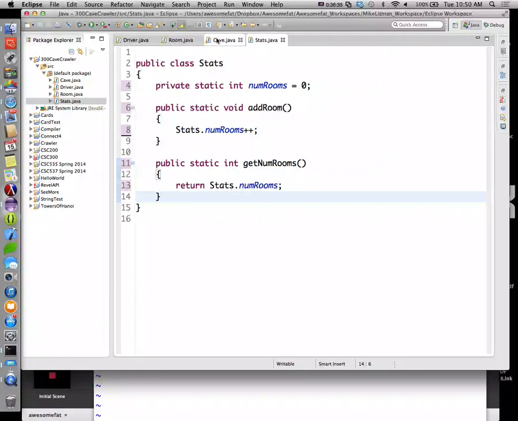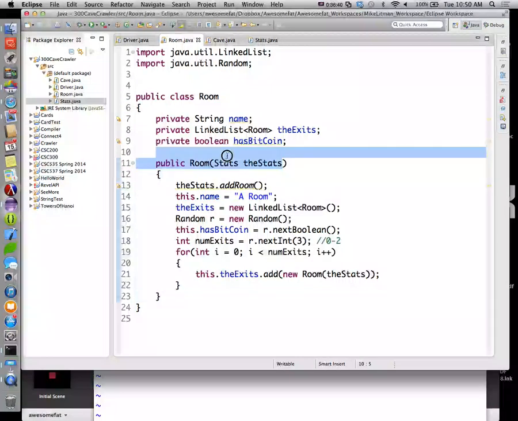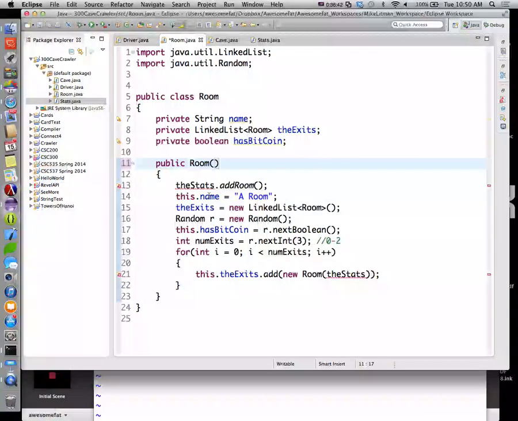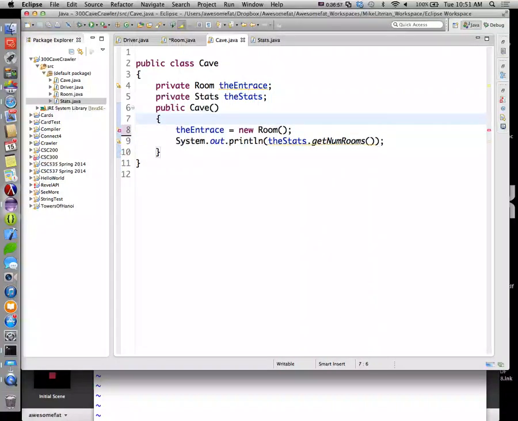Now what we can do is we can say room no longer takes a stats object as a parameter. So we would no longer pass a stats object. In cave, we would no longer pass our stats object. Similarly, we no longer create an instance of our stats object. Instead, we now have a global object that all rooms have access to, called stats. So every single time a room is created,